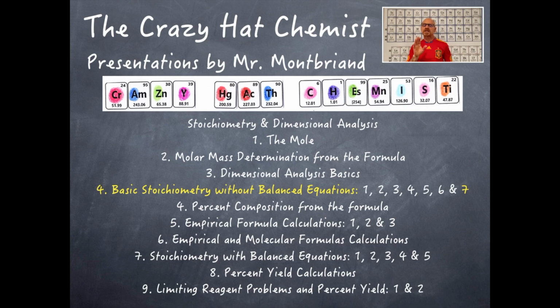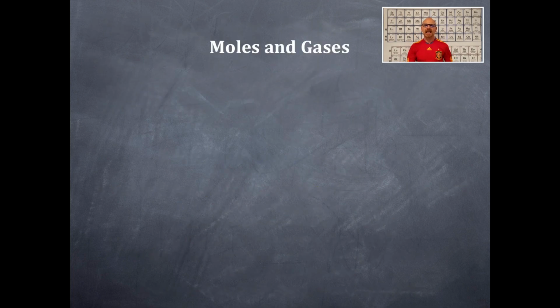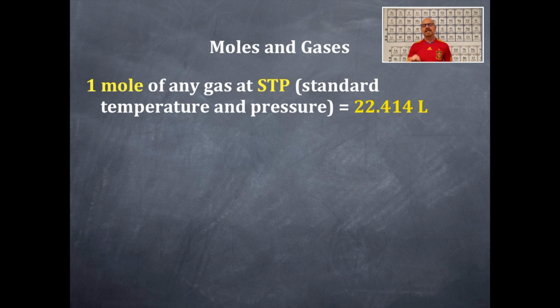Here we go. Basic stoichiometry problem. This is the 7th problem in this subset of stoichiometry and dimensional analysis, so let's get moving on it. Moles and gases. 1 mole of any gas at STP, that's standard temperature and pressure, is equal to